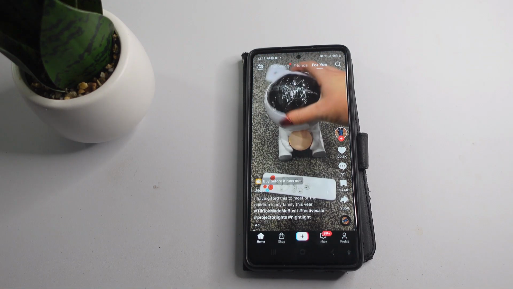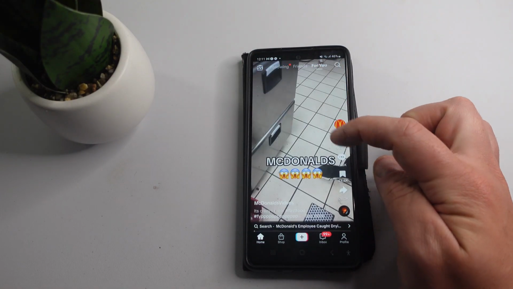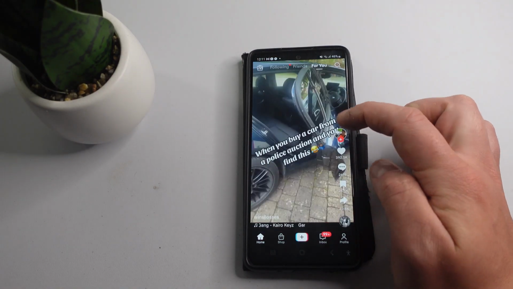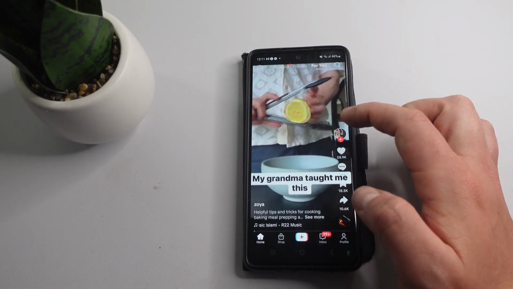Now the Stitch term is basically when you're scrolling through different feeds and videos. On some videos you might see a message saying Stitch incoming. I can't actually see any at the moment, but for example if we take this one, if it was